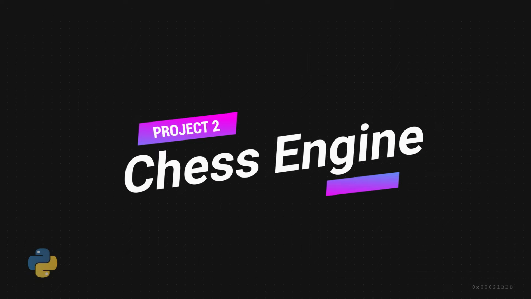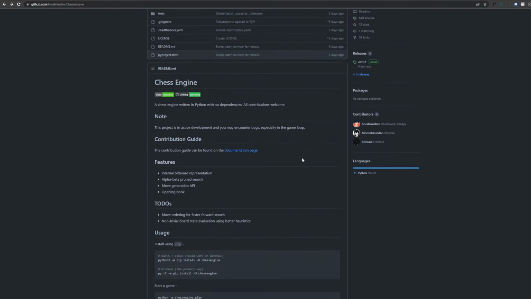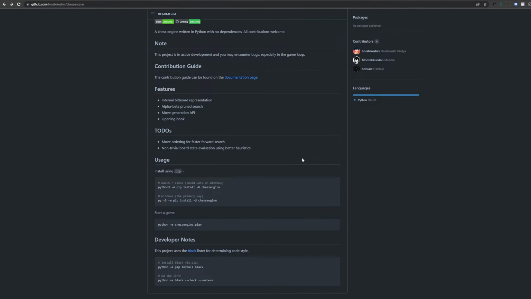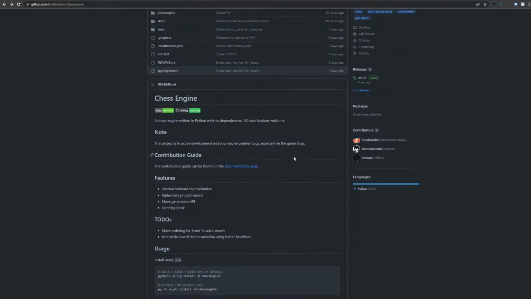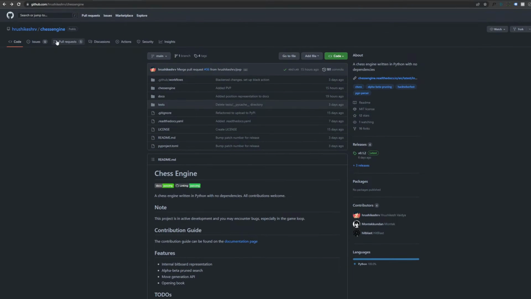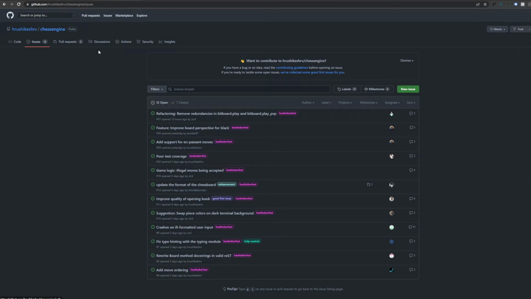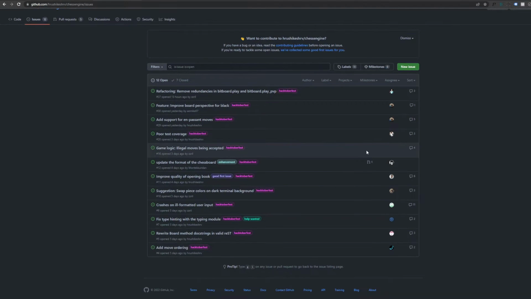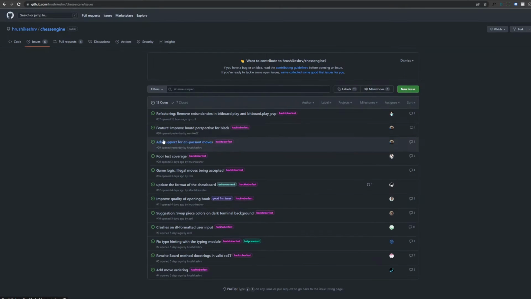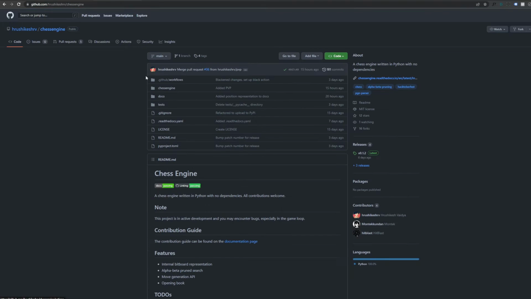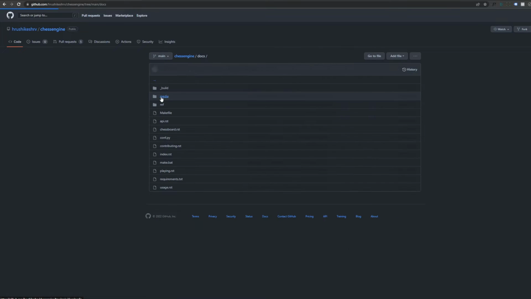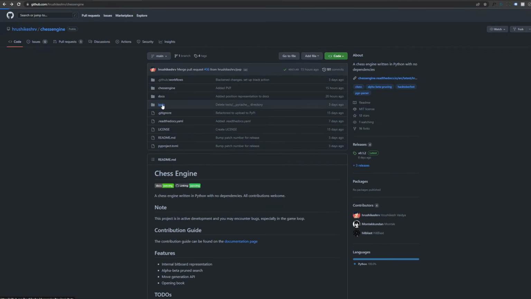Next up is this chess engine written in Python. Everyone loves a good game of chess, right? And just like the first project, there is plenty of opportunity to learn new things while working on fun games with others. And again, the maintainer is actively managing PRs and has created a bunch of issues. Although at this stage they've mostly been assigned to other people, but that's fine, we can search through the repo and find something to contribute and create a new issue. The maintainer has also mentioned that they are looking for help with documentation and testing, providing even more avenues to collaborate.